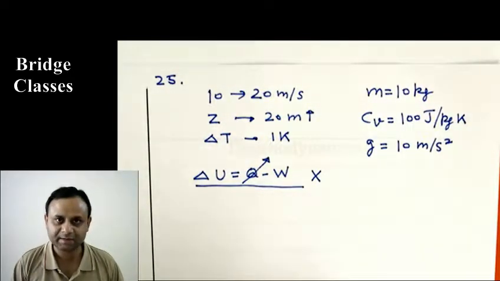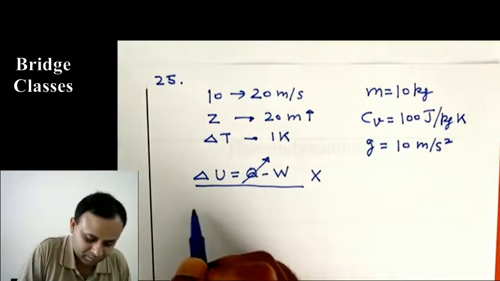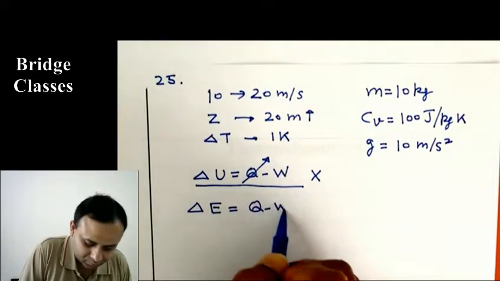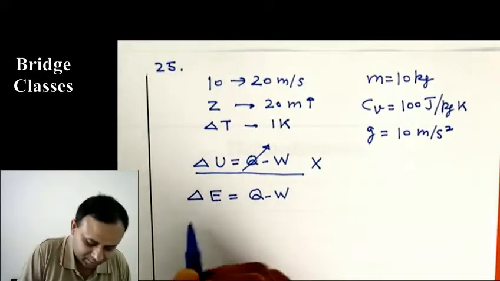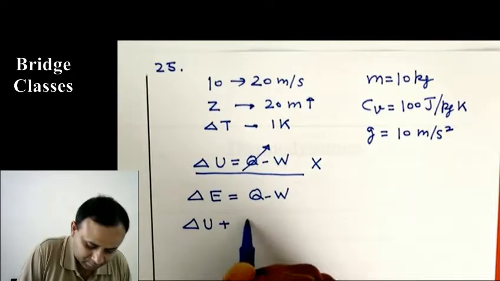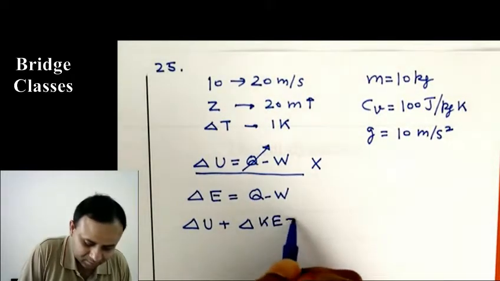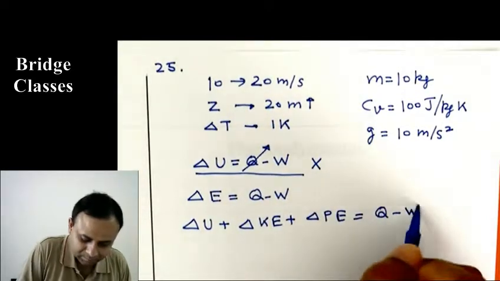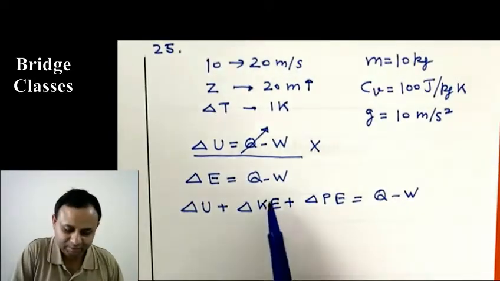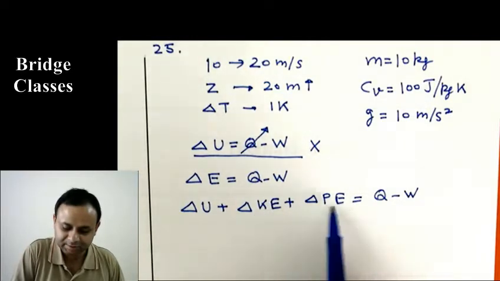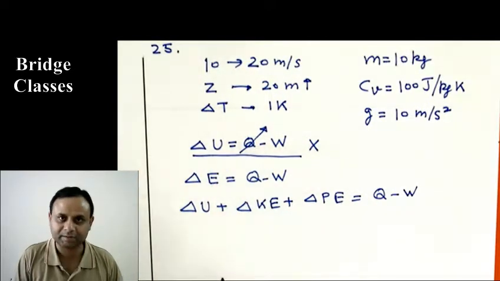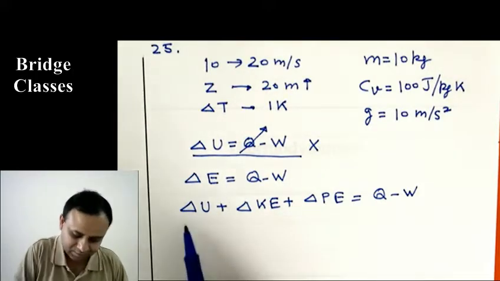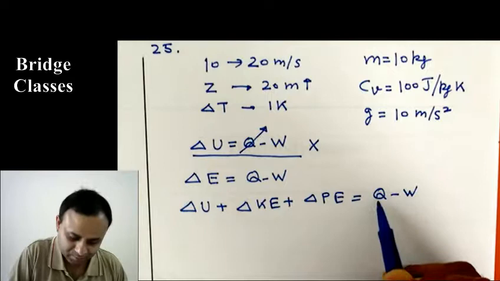The system given here is not a stationary system. So the general situation is you write delta E is Q minus W, where this delta E is delta U plus delta KE plus delta PE. And only for a stationary system you get these kinetic energy, potential energy changes zero, so you get delta U is Q minus W. So you have to be careful. In this case it is not stationary. Okay, so now we just have to apply this equation, and Q is 0,